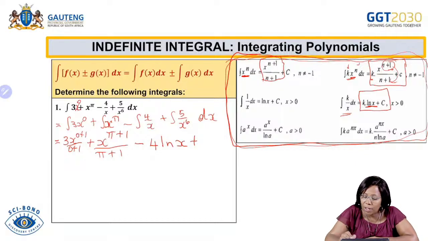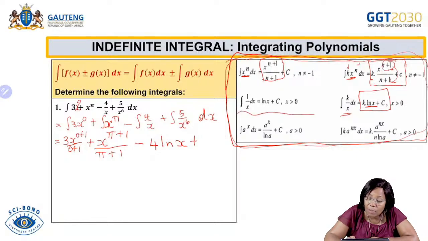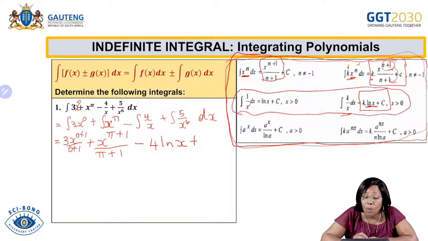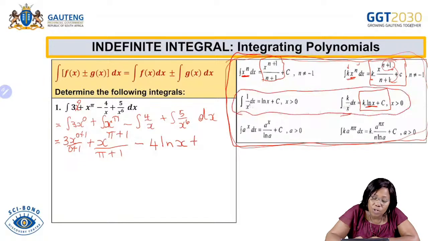And then we move back to our rules and check which one is having 5 over x to the power 6. Oh, it does not belong to this one because these ones are only for x to the power 1. So if it is something greater than 1 or a negative 6 or something, you must take this again to the numerator. So this can now be noted as 5x to the power minus 6, grade 12. Okay, so now if we are integrating that, it will be 5